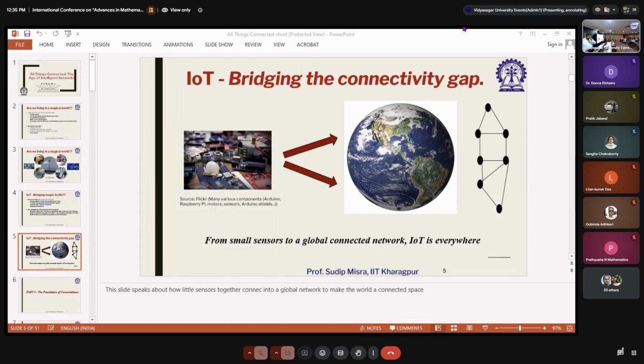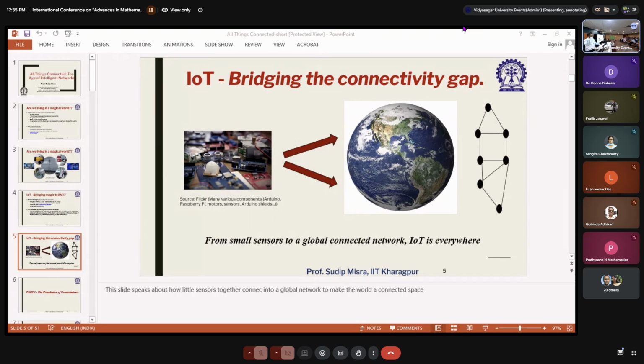And if you think about the IoT architecture, there is no standardized architecture of IoT, by the way, right? In the same way as for the internet, there is a standardized architecture, the 5-layer, 7-layer architecture, and so on. But for IoT, there is nothing standardized. Intentionally, it has not been standardized. But generally, if you look across all the different propositions of how you are going to visualize this architecture,